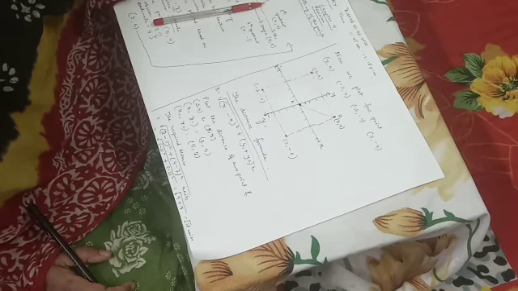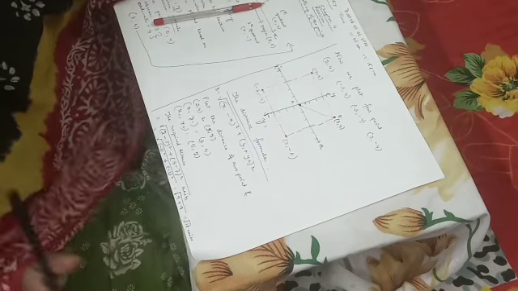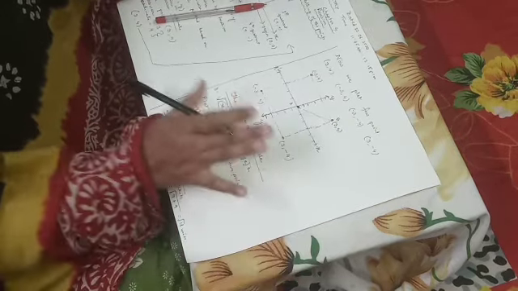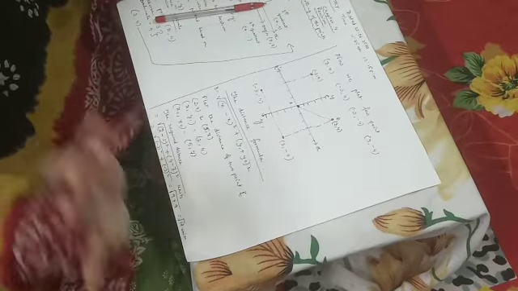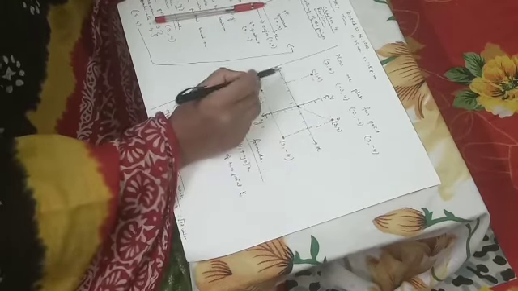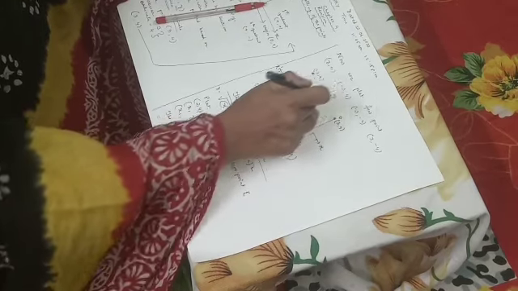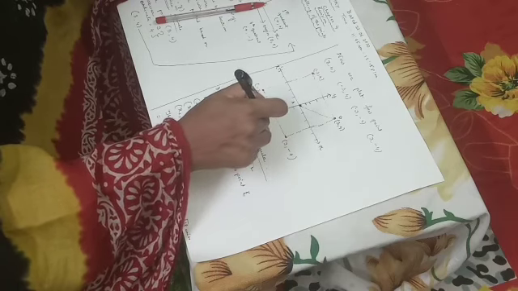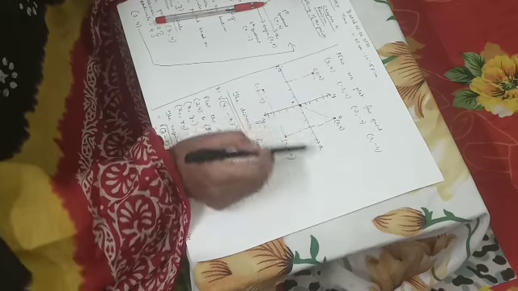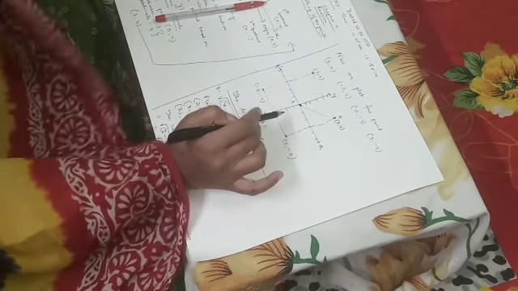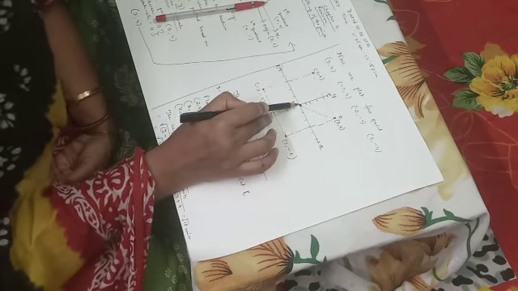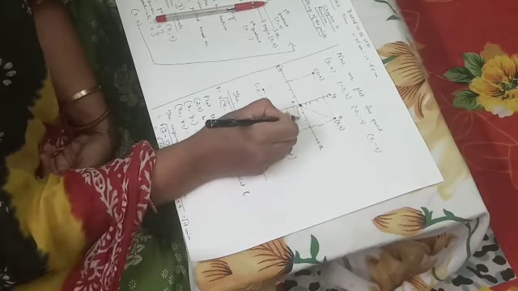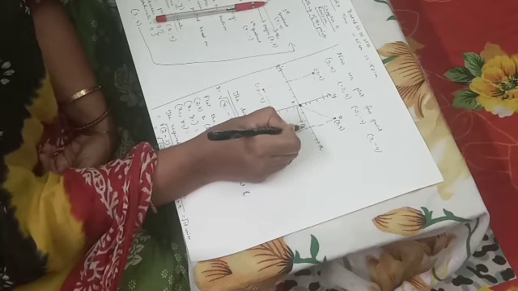Now children, let us plot a few points on the graph board. I don't have a graph board over here, so you can plot on your own x-axis, y-axis graph in your copy. Just draw a horizontal line which will be intersected by a vertical line. एक horizontal line खींचो, उसके ऊपर एक vertical line खींचो. The point where the two lines meet is the origin. And what is the position of the origin? You all know. Yes, 0, 0.